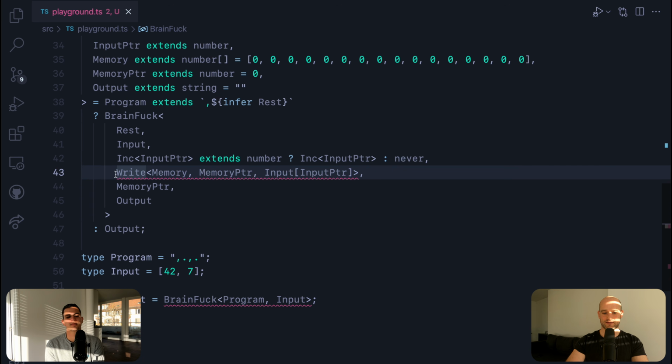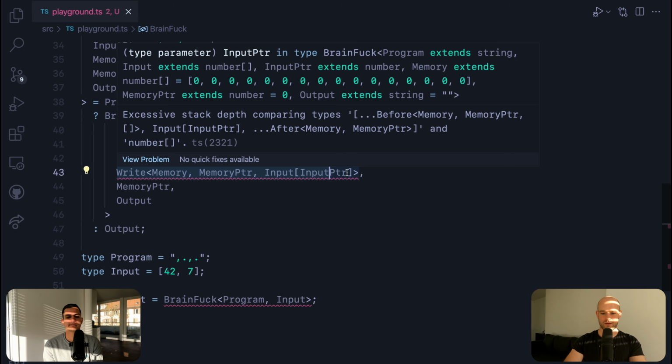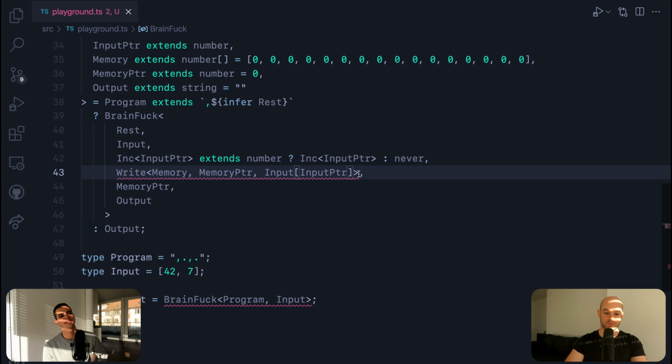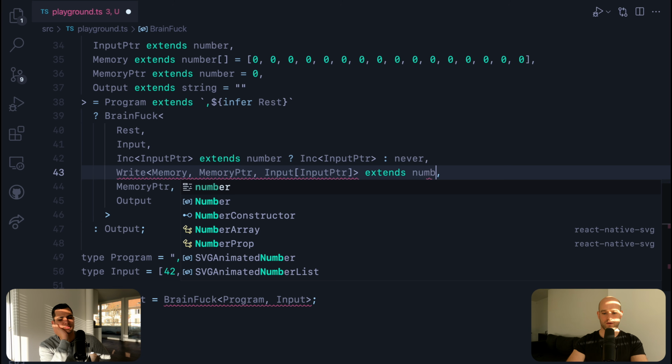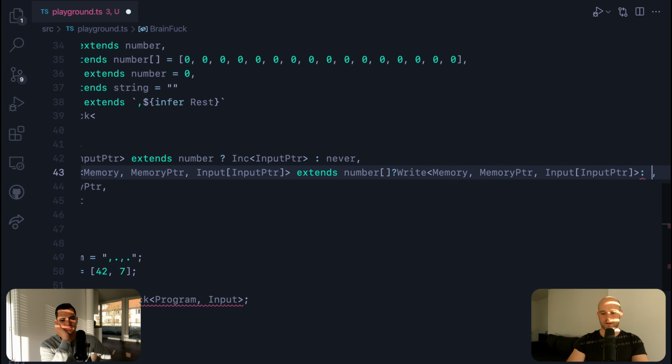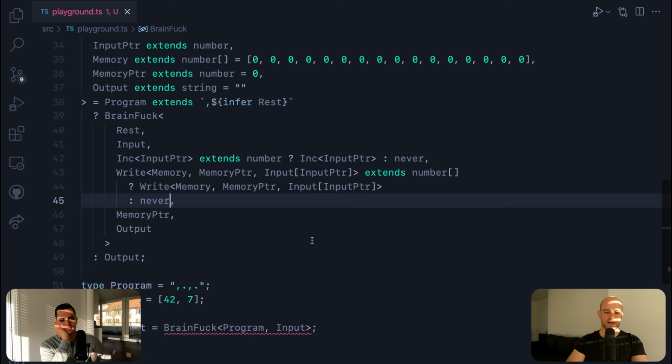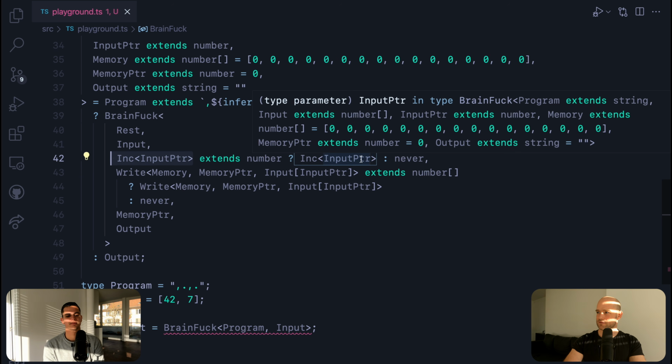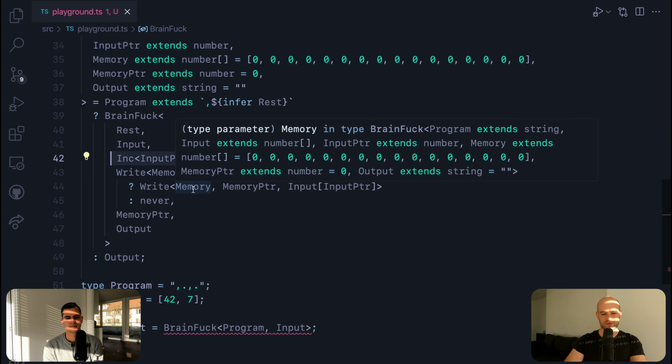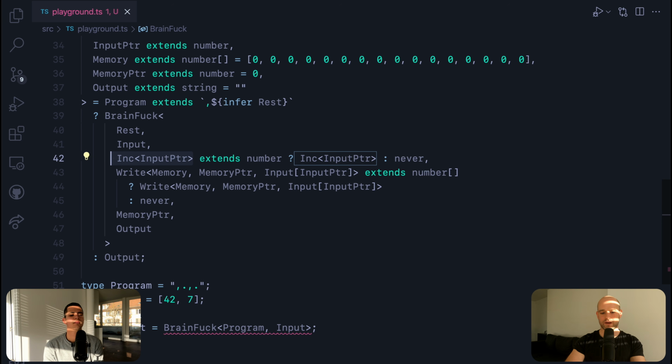Same here for write, which says it's not of type array of number. I can do the same here, extends number, never. The problem here is that I'm afraid the recursive call gets done twice, right? So we got rid of the type errors, but I think we can create less complex programs now.